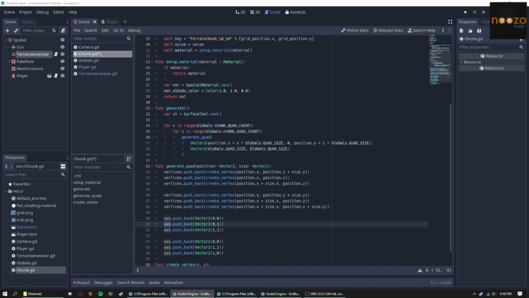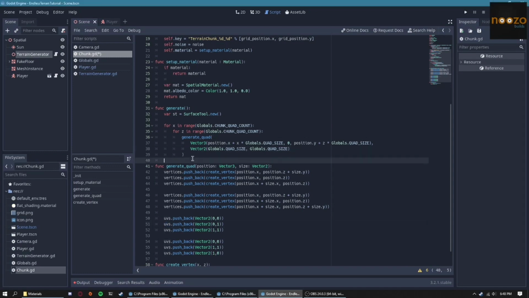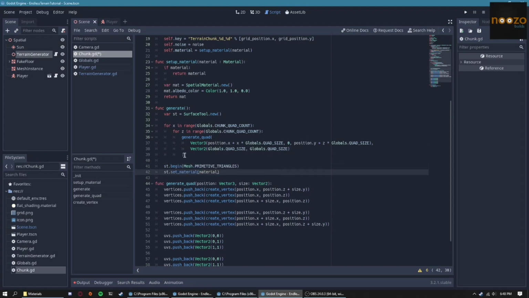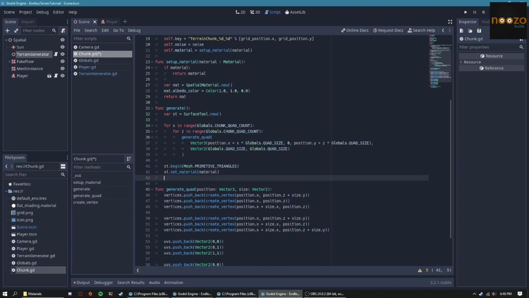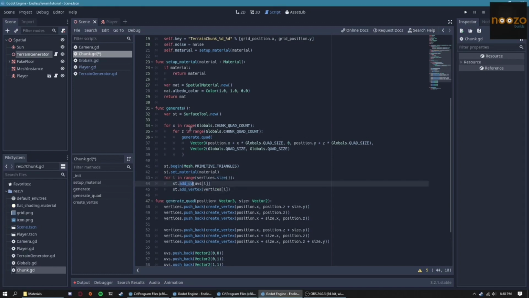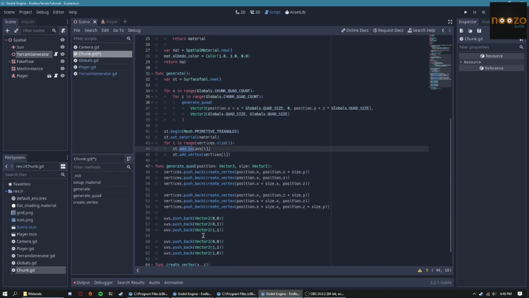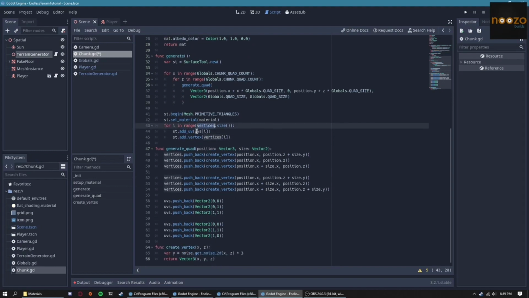So this means that we can now start creating some triangles based on the vertices that we generated. I'm just going to begin using the SurfaceTool. I'm going to begin creating primitive triangles. I set the material. This is important. And then I go through all of the vertices. Since UVs and vertices have the same number of elements in the array, I just go through the range I until vertices.size, which is going to be the same as UVs.size, and I add this to the SurfaceTool. It's important to add the UVs first. The UVs always need to be added first, otherwise you're going to get a bunch of errors. And only then add the vertices